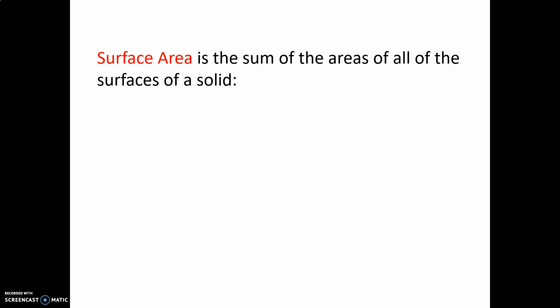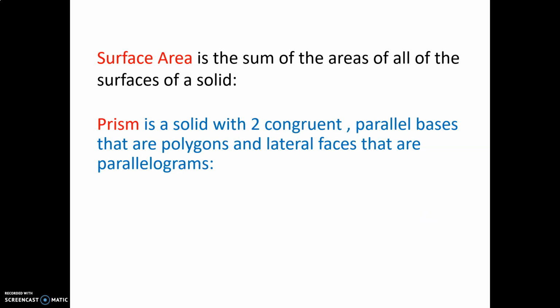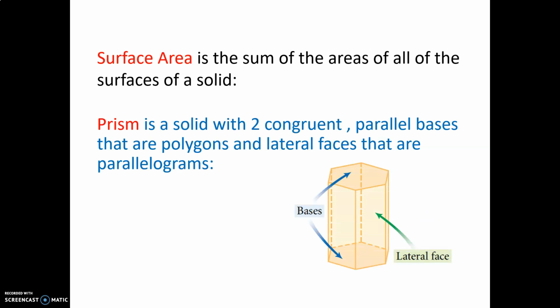So surface area is the sum of the areas of all of the surfaces of a solid. So we start with a prism. A prism is a solid that has two congruent parallel bases that are polygons and lateral faces that are parallelograms. So here are the two parallel bases, there and there. And then here are the lateral faces, which are, in this case, these side panels that go around. So this has 1, 2, 3, 4, 5, 6 sides. So therefore, there are 6 of these